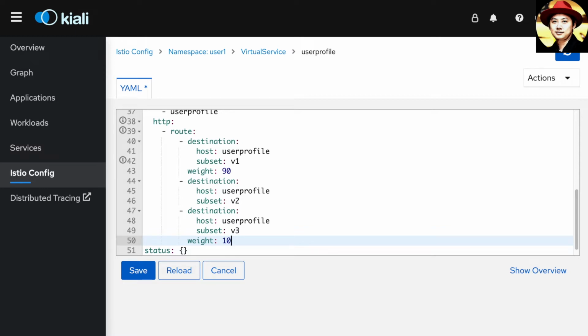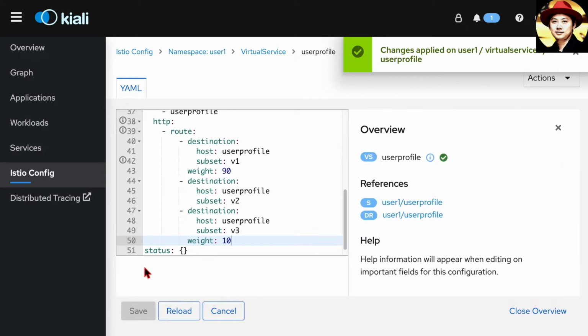By doing this, we can isolate the new user profile experience for a small subset of the users without impacting everyone at once. Let's save these configurations.